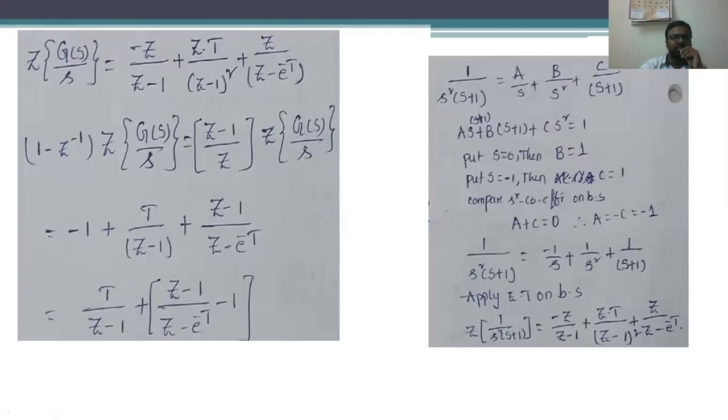This is the calculation part for obtaining the values of A, B, C. 1 divided by s square into s plus 1 can be taken as A divided by s plus B divided by s square plus C divided by s plus 1. Equating this, we get A into s plus 1 plus B into s plus 1 plus C into